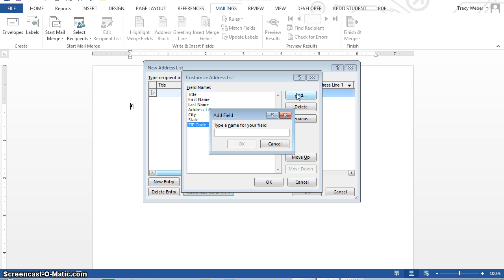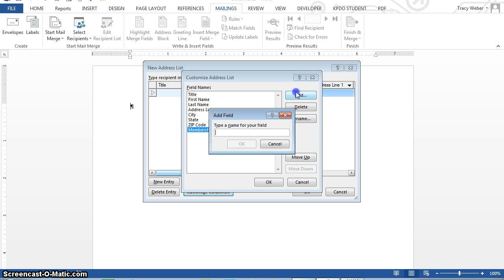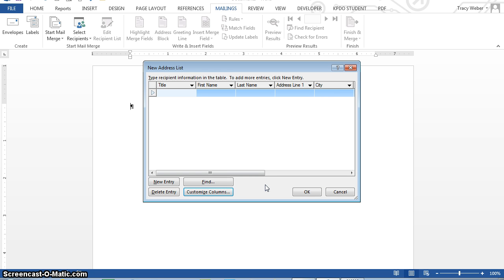If the new address list dialog box does not provide all variable information, you can create your own custom field. Okay, in the Add Field dialog box, type membership, and then OK, and then click the Add button again and type discount, and OK. Click OK to close the Customize Address List dialog box, and at the new address list dialog box